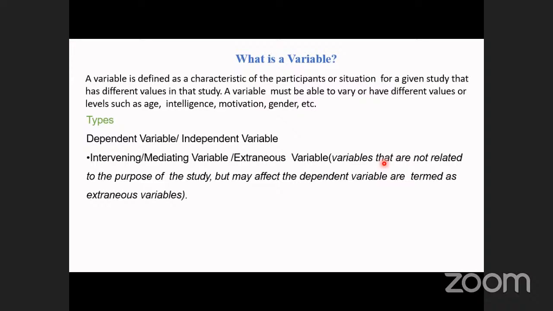So what we do in a research is that we always have to decide which one is the dependent and which one is the independent, because it's not fixed. In one study, a variable that was treated as independent can become dependent in another, right? So for instance, if you're doing an academic study, you always ask where's the dependent, where's the independent? And most of the time you collect data